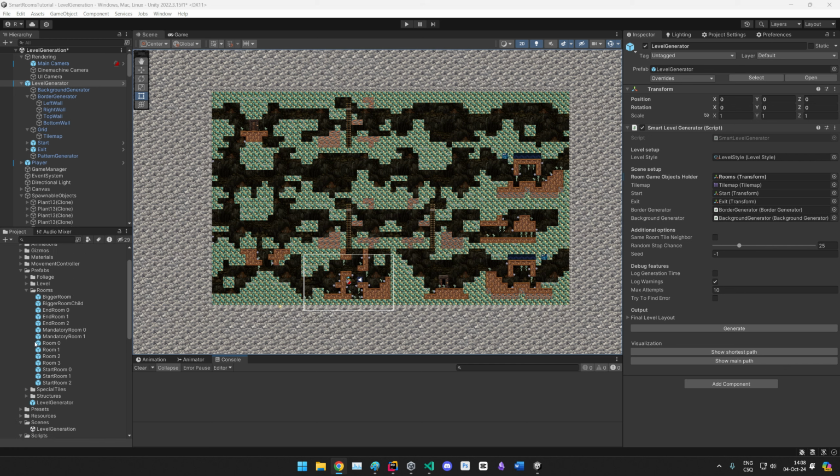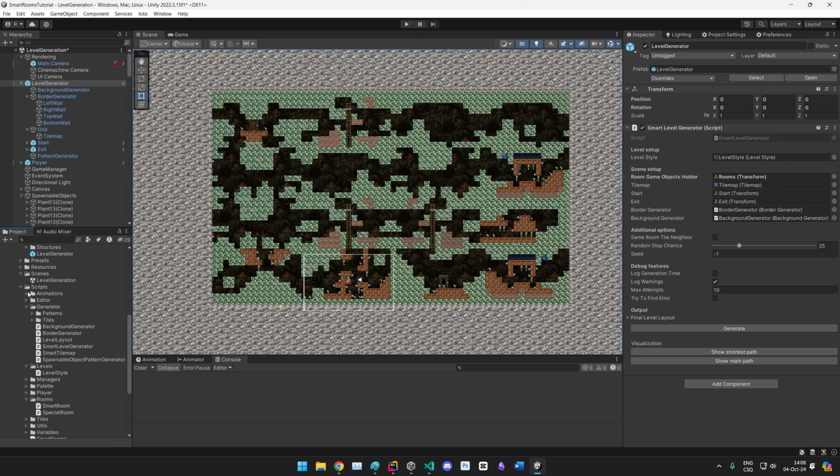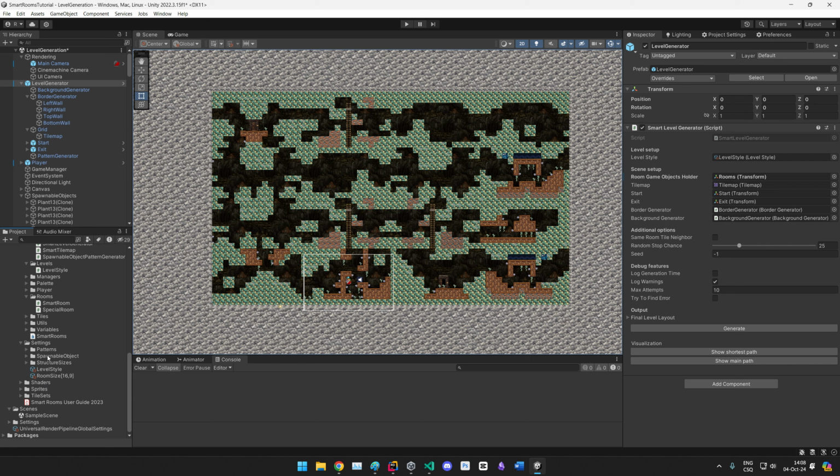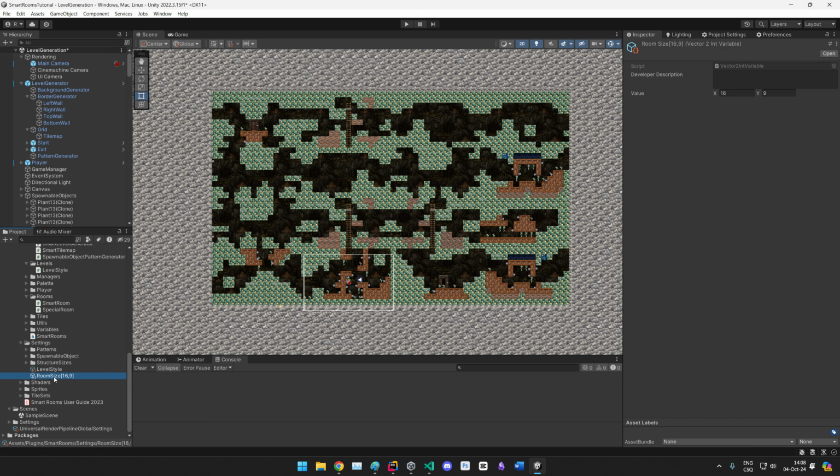The scriptable object that I have is actually here in settings right now. And I have this room size, and it's actually just a Vector2Int variable. What it does is that you can set it up to be any number you want. I will not mess with it because it might break all of my rooms, but I can later show you how you can actually use it. So